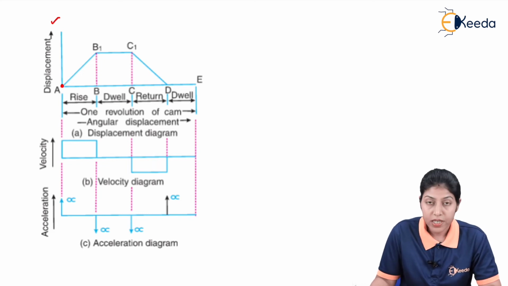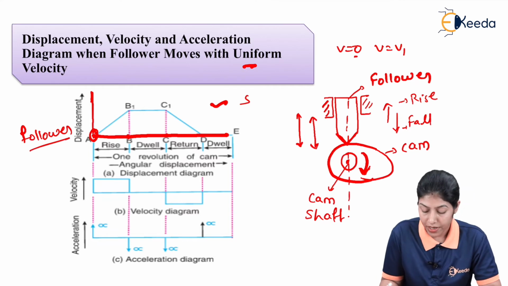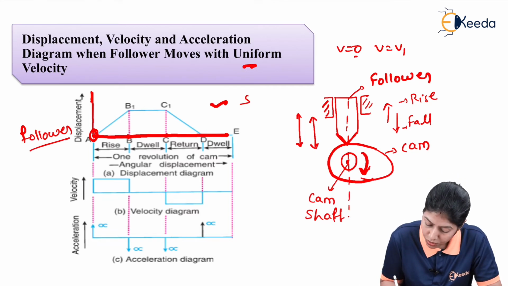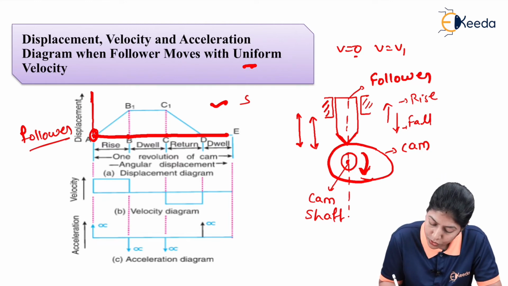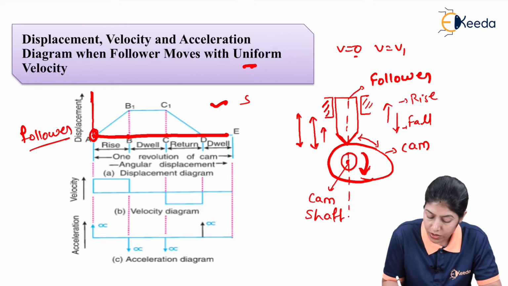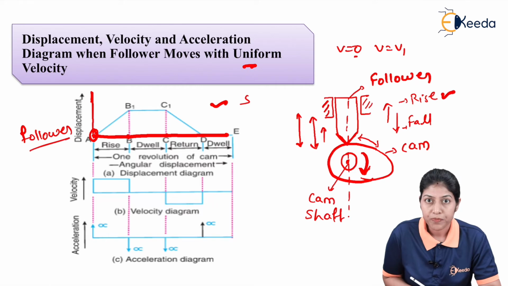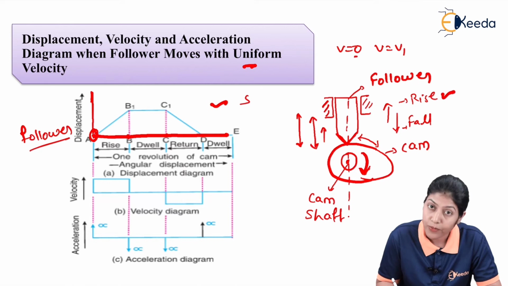Now when the cam starts rotating, when we are considering rotating motion for a particular time period, and this cam is having some angular displacement, in that case this follower will also move in upward direction because of the rotation of the cam. For example, if we are considering theta angular displacement for the cam, in that case the follower will move in upward direction. So this is representing the rise of the follower. Here we are considering the displacement of the follower in upward direction.